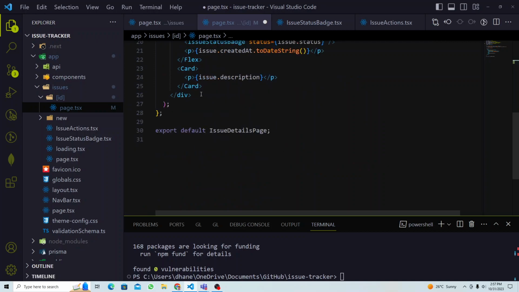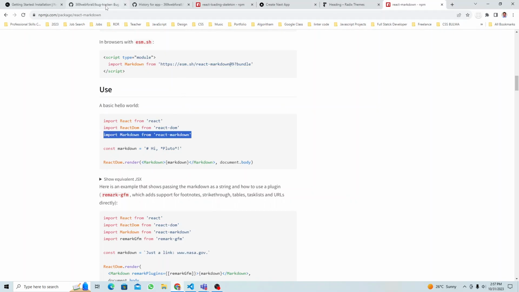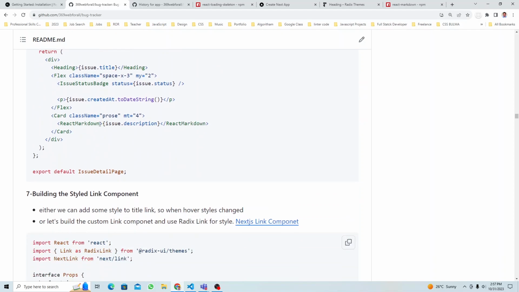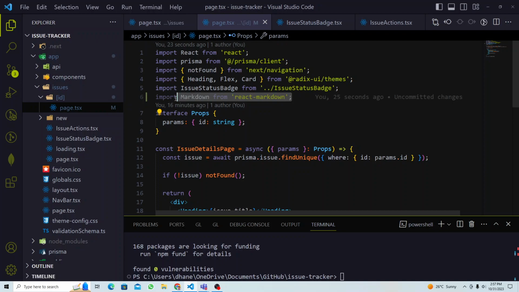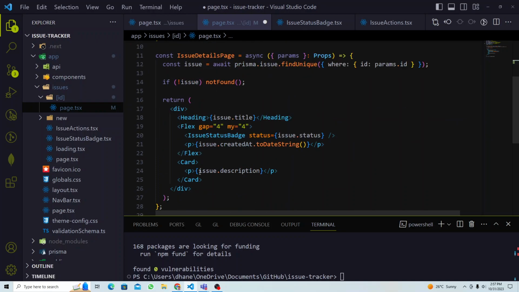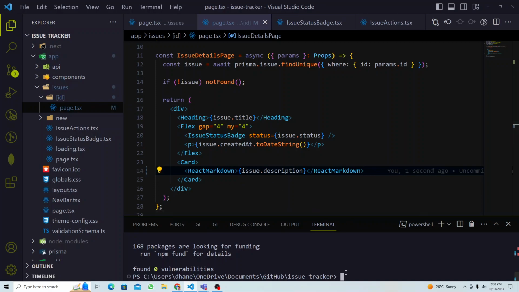So Markdown, so we just have to wrap it here in this paragraph, right. What we're going to do is, let me see how this is added. So we just delete the paragraph, we just add the React Markdown. I hope I did okay. No, see, that is also not correct, so it should be React Markdown like that. All right guys, so let's change that, React Markdown. Done. So just adding that one, it will make little change, but it will not work, right, because remember,